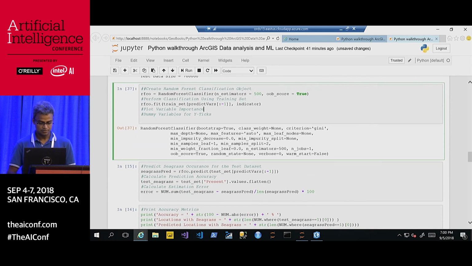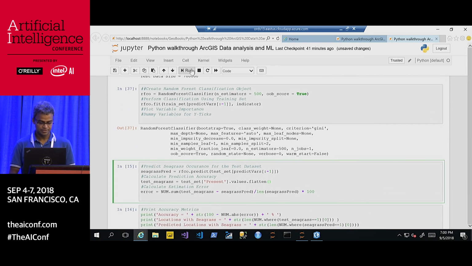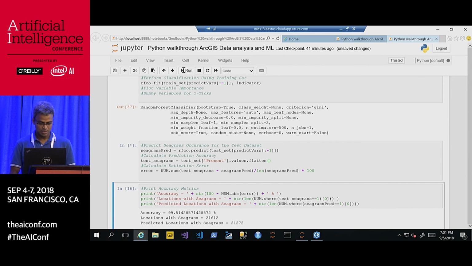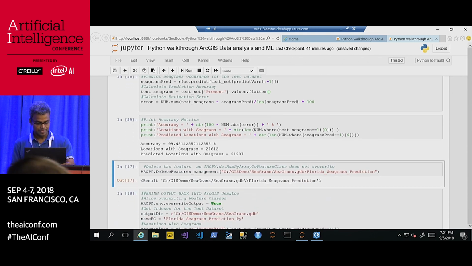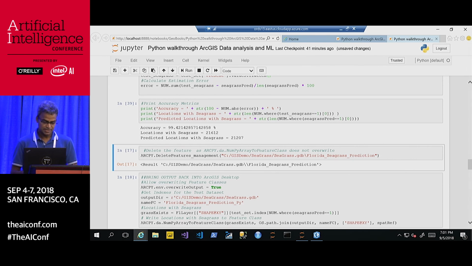Yeah, so it's done. So now I'll do the prediction on the rest of the data and do the typical accuracy matrices, and see, yeah, it's actually 99% accurate. And the good thing is that now we have predicted where in Florida most of the seagrasses are